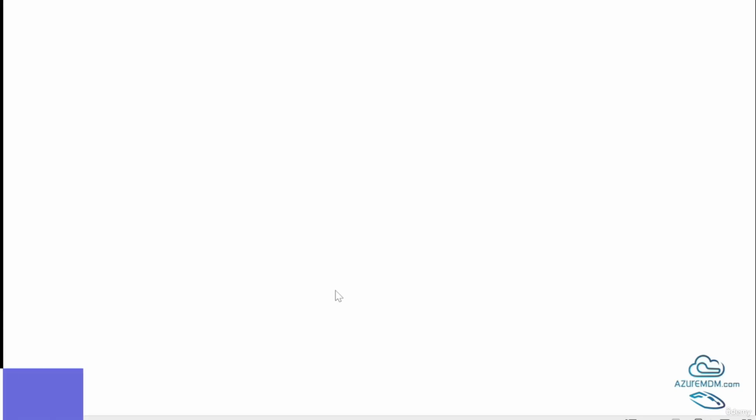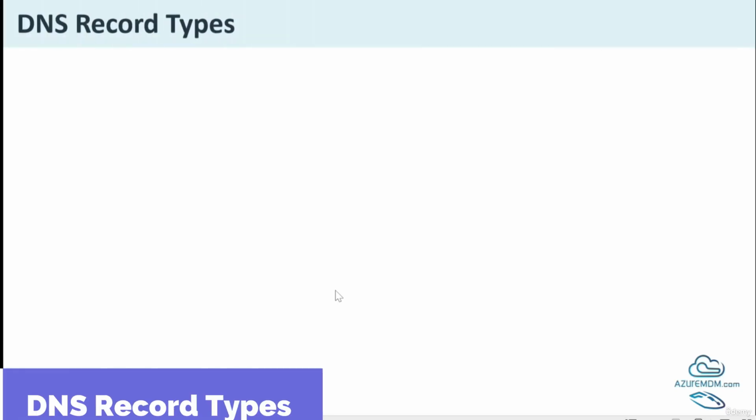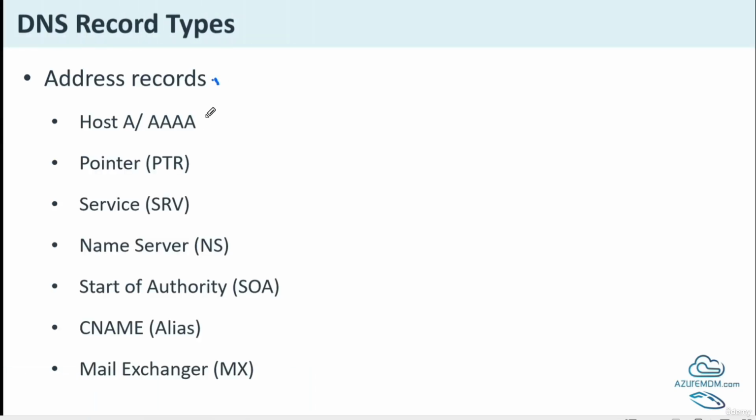Now, we'll understand the DNS record types. Address records, like host A or AAAA, map the domain to an IPv4 or IPv6 address, for example, 192.0.2.1. PTR, that is pointer, reverses the DNS lookup, like an IP to a domain,